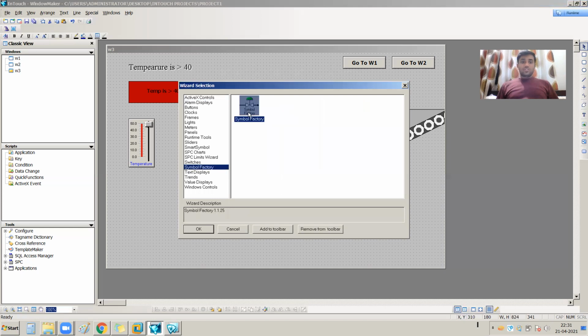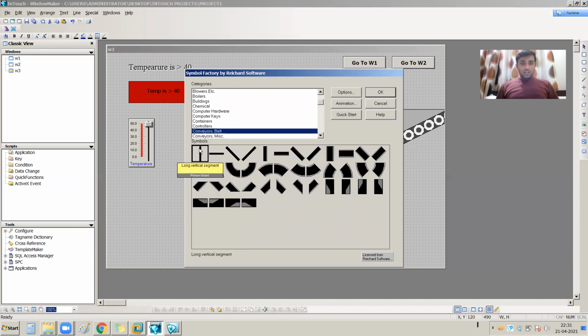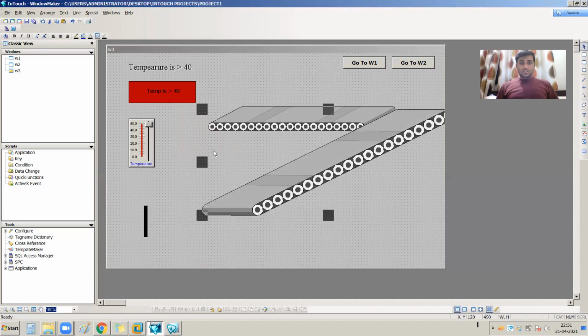I am going again to my symbol factory. Is there any vertical conveyor available over here? Yes, the vertical conveyor is available. So this is the conveyor for my vertical movement.